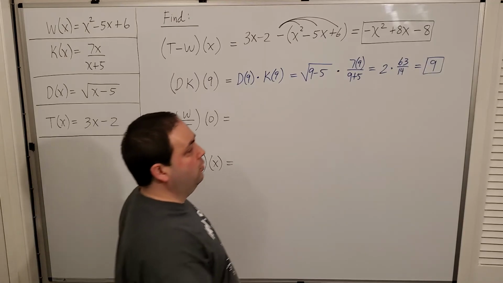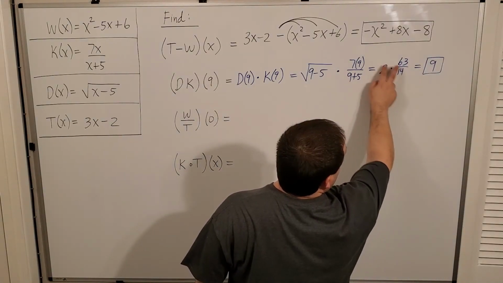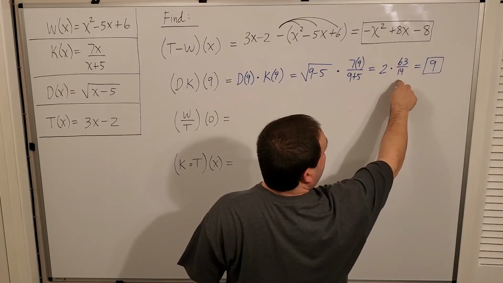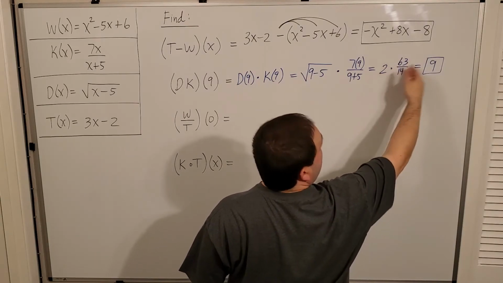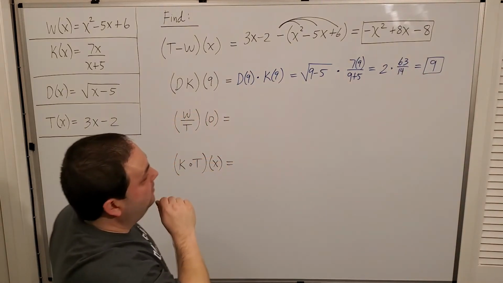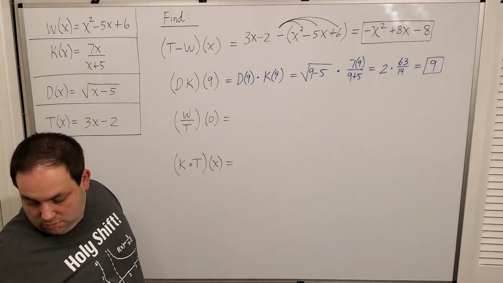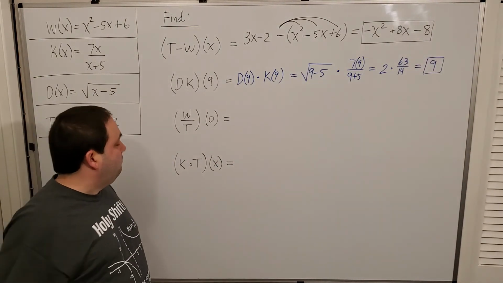Another way you could reduce that, by the way, is this would be 2 over 14, which would give me a 7 in the denominator. 7 into 63 also gives you 9. Any which way you want to convert that one is fine. Okay, next,